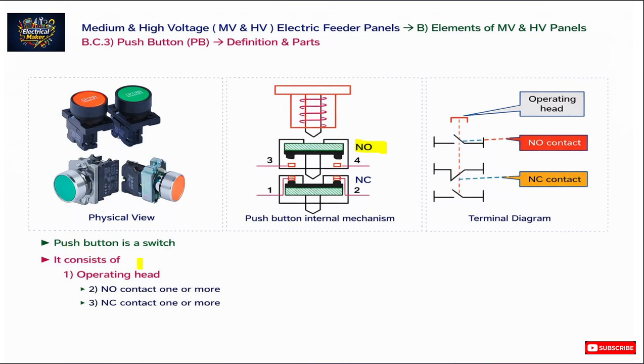2 points. Push button is a switch. As you can see here, push button is a switch in the industry. It consists of an operating head. You can see here the operating head, and next we can see the push button has NO contact. Here NO contact, and next one is NC contact. It should be two or more. Both NO and NC contacts can be two or more. After these parts and definition, we are going to study about